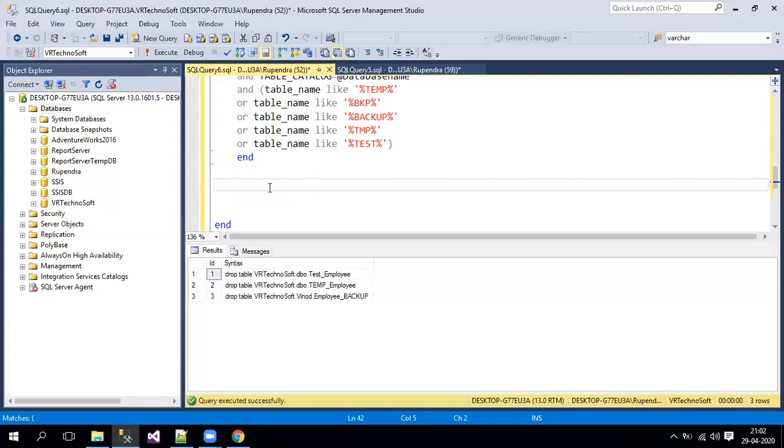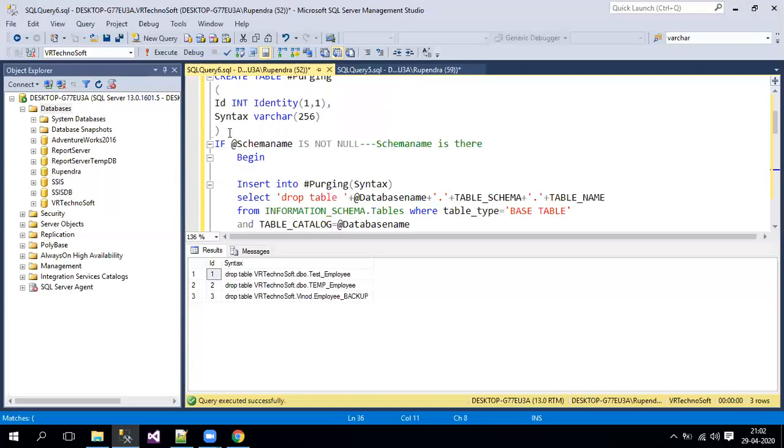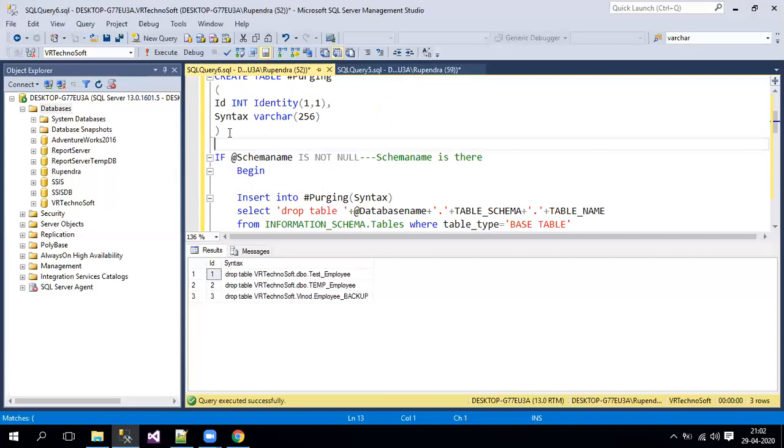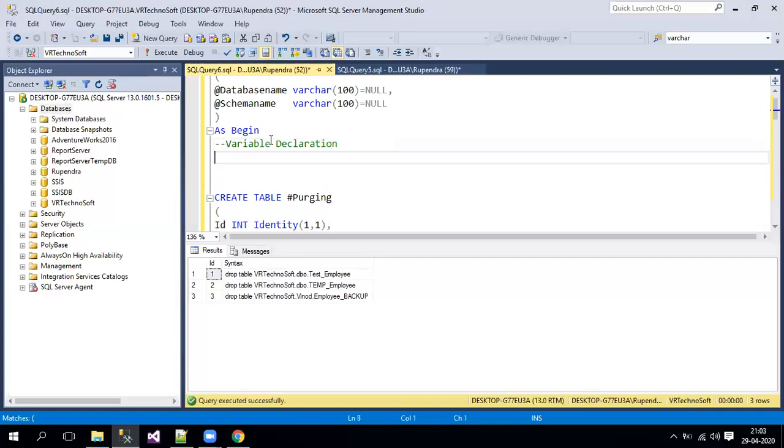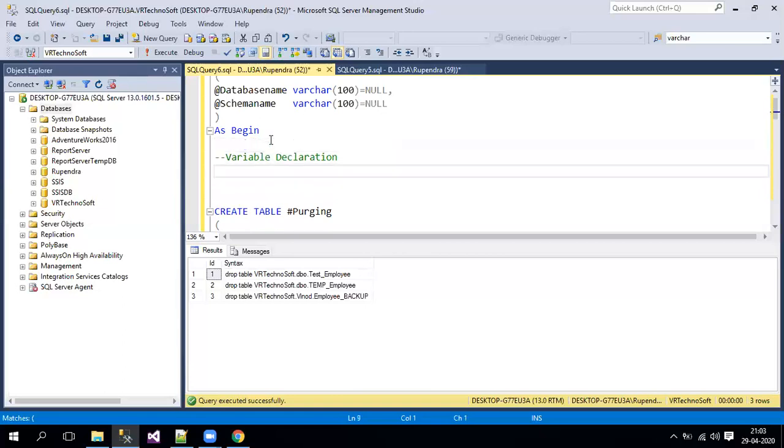So let me create two variables. Variables should generally be created after begin, and you can put a comment over here saying declaration of variables, or variable declaration, anything is fine, so that people can understand easily. Now here you can put at the rate of minimum.